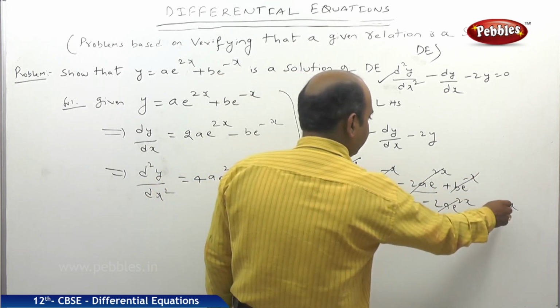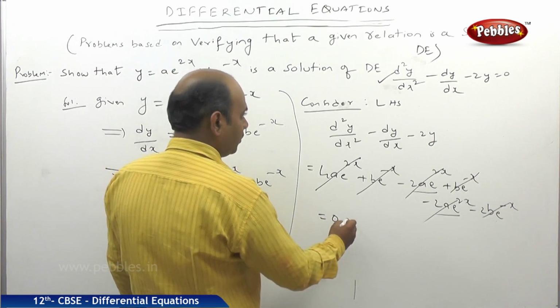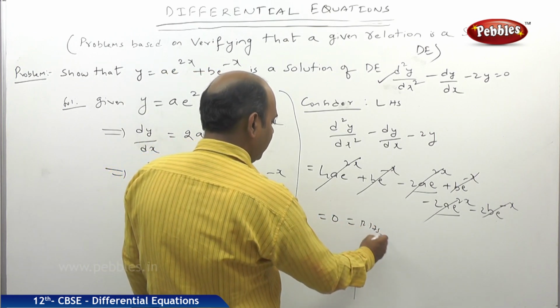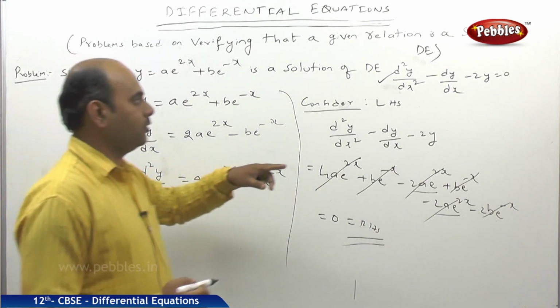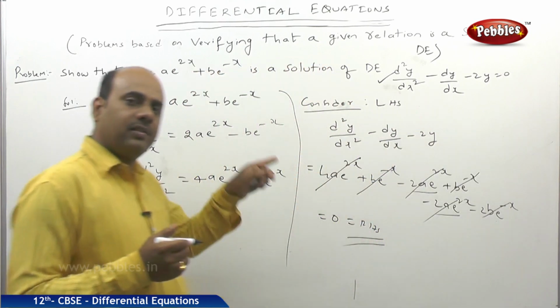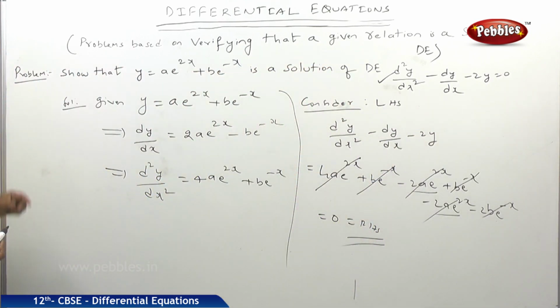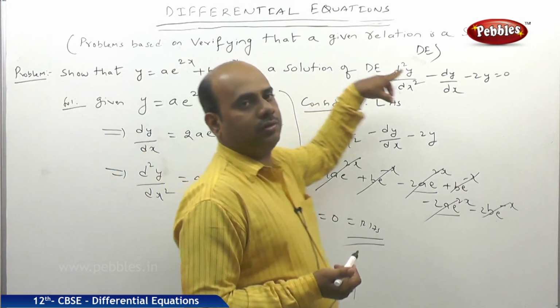So this will be getting cancelled, this will be getting cancelled, and finally our result is 0. That is nothing but the RHS. So this particular relation, when substituted in the given differential equation, gives LHS equal to RHS. So we can call this particular relation a solution of the